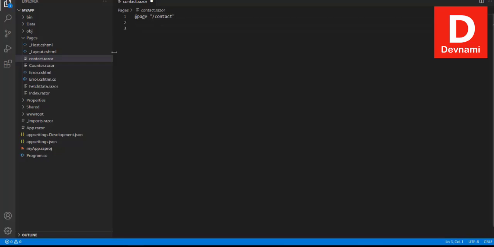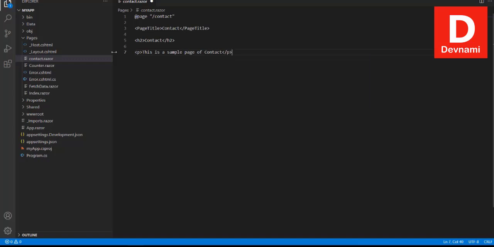right? The next thing we do is we add a page title where it says Contact, right? Then we have an h2 tag, right? That h2 tag should say Contact, right? And then within a paragraph I'm going to say this is a sample page of contact,